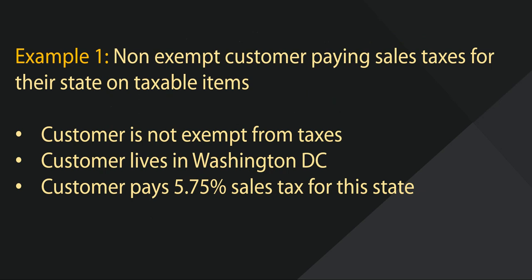For our first example, we'll show a non-exempt customer paying tax for their state on taxable items. Let's examine our Washington, D.C. customer first. We have set this customer up in a jurisdiction which pays 5.75% sales tax based on his zip code in Washington, D.C. Now we'll create a rule to bind this customer to those taxes so they're properly taxed